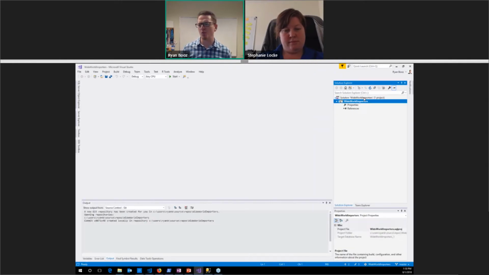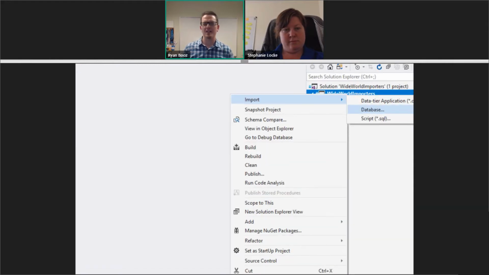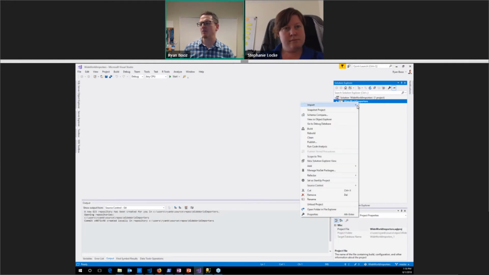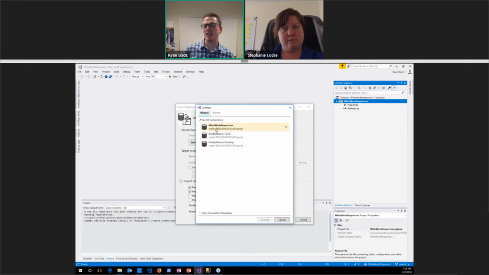And so for those of you who might want to see what your database looks like, how you can start to use this, simply right-click on that project, select Import, and then Database. And that will allow us to import the database. From here, we can tell it what database we want to import.